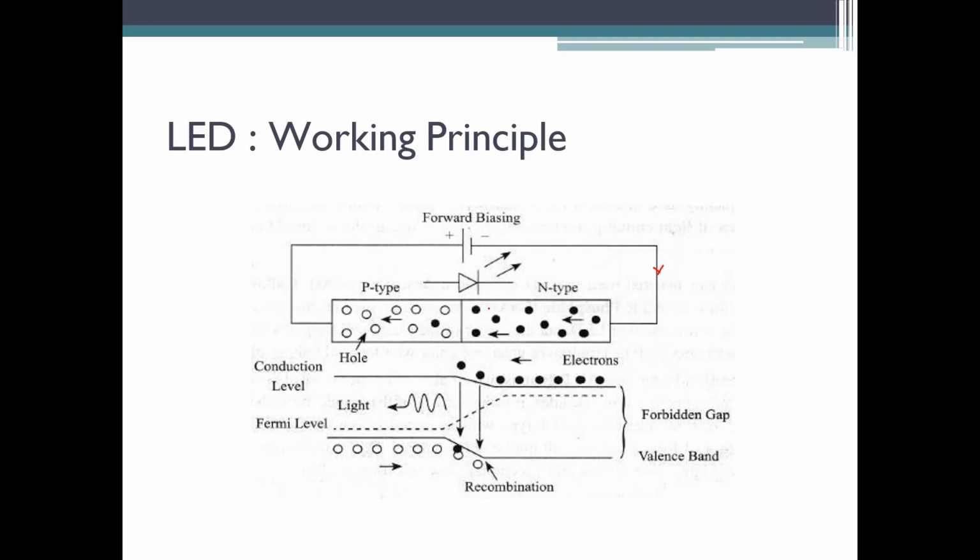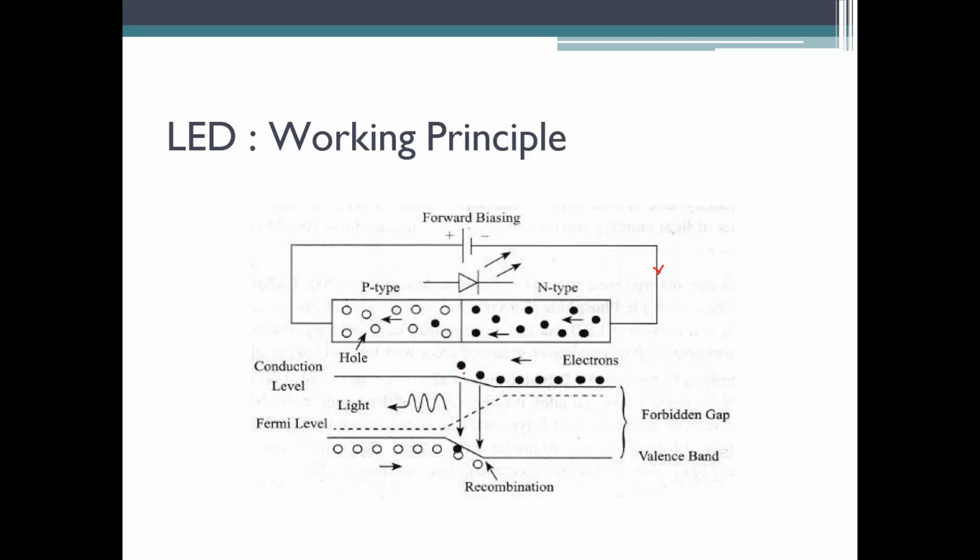But if the electrons have to combine with the holes, the energy levels have to come out to be equal. So how does it happen? See, concentrate here. Electrons are in the conduction band. Holes are in the valence band. Now they have to combine. So if they have to combine, the electrons have to come to the valence band. Now if the electrons have to come to the valence band, they have to give up this higher status. Higher status means the energy whatever it is having should be given up.